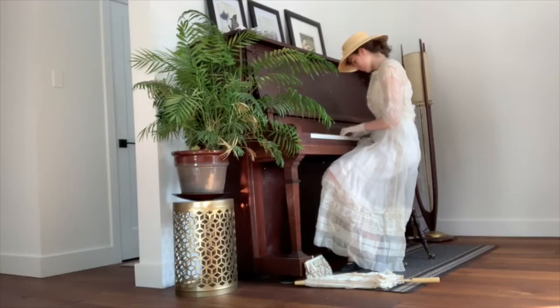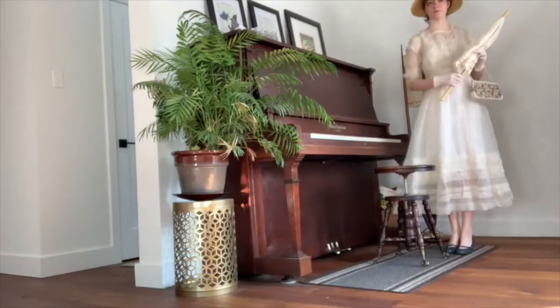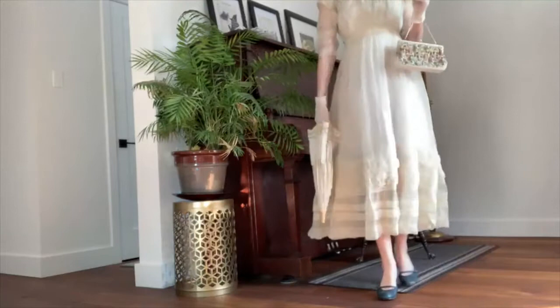No, I am not willing to painstakingly struggle through making an Edwardian corset, partly because I'm realistically not quite old enough to be wearing one. Edwardian ladies didn't really start wearing corsets until 17, and even that was a bit of a stretch, so I think I'm okay with that one for now, especially since I feel like I could probably pass for 16, potentially. I don't know. Anyway, while the fit, the length, and my undergarments aren't exactly historically correct,